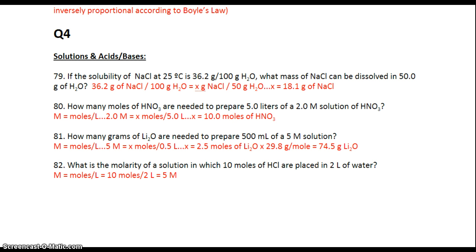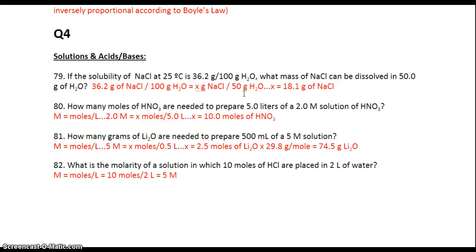For example, in number 79, it gives us the solubility of salt per 100 grams of water at a certain temperature. So in this case, it says there's 36.2 grams of salt that can dissolve per 100 grams of water. And if only 50 grams of water are used to dissolve the salt, then you can set up a proportion. 36.2 grams of salt over 100 grams of water is equal to X grams of salt that can dissolve per 50 grams of water. And that would allow you to solve for X, which tells you how much salt could